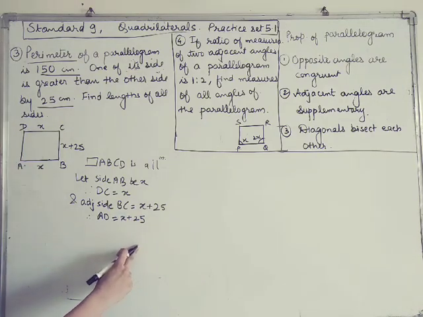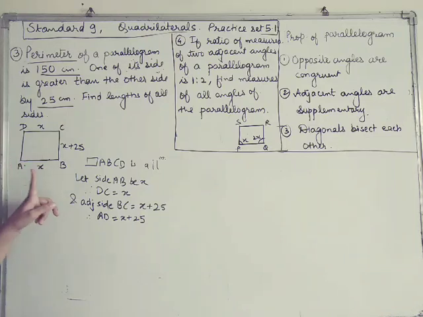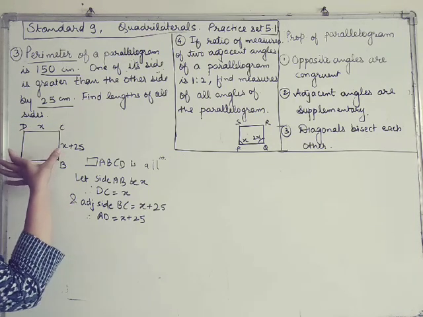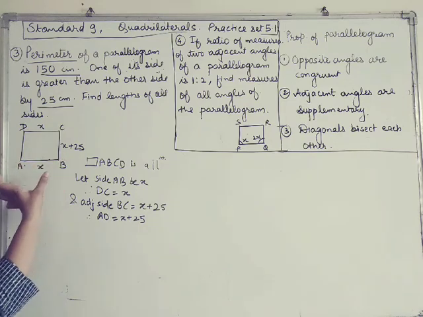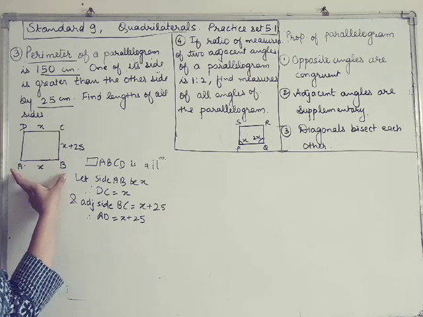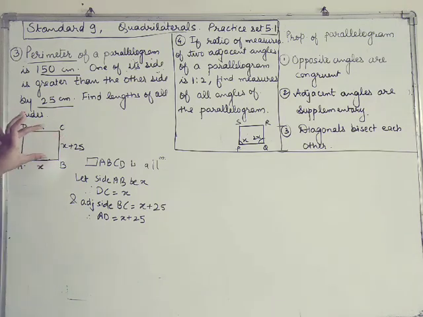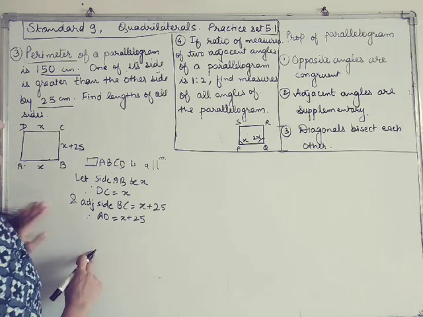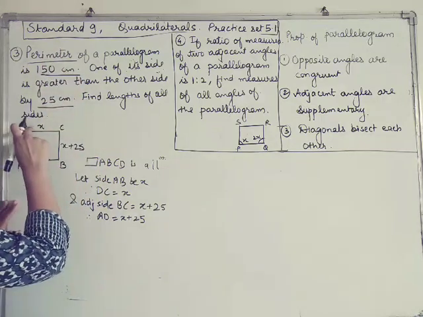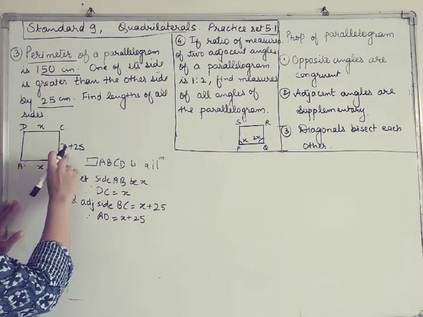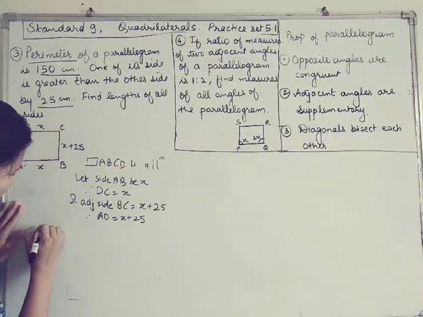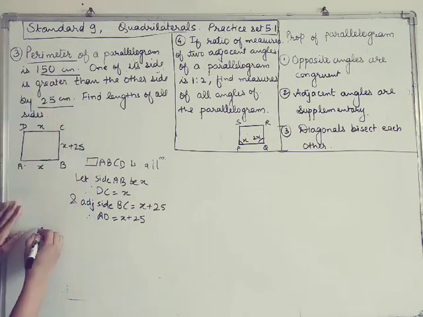I'll again repeat. ABCD is a parallelogram. We are using the property known as opposite sides of a parallelogram are congruent. So which are the opposite sides? First we have considered AB as X. So what is the opposite side? DC. It will be X. If BC is X plus 25, so AD will be X plus 25. Okay. So now, what is perimeter? Addition, sum of all the sides. So perimeter given is 150.